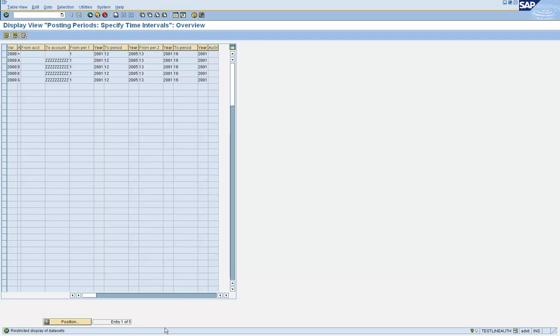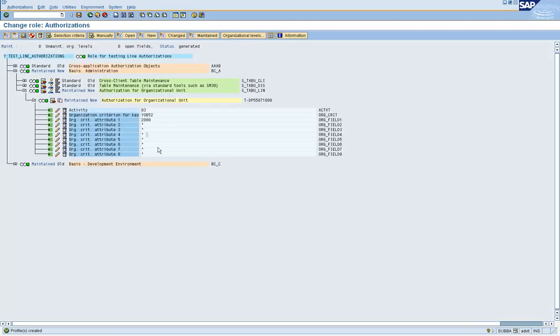So what we have seen here is that S_TABU_LIN was needed by OB52, but it was not originally there in the role. It did not come up in the role originally. So we went into SU24 and maintained it, did a check maintain there, and when I came to PFCG in the profile generator in expert mode, this object appeared here.